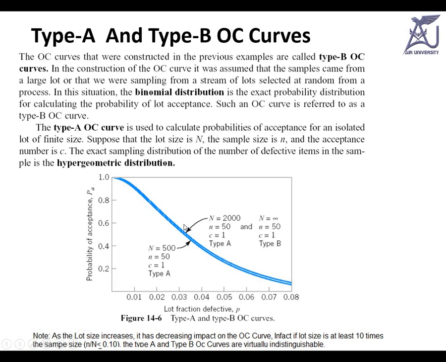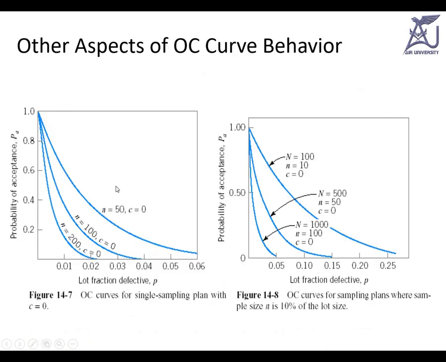Coming to these OC curves which have been shown, the behavior of the OC curve, how in fact OC curves are dependent upon the n and c. Here you can see we have kept c constant, c is equal to constant, but we are increasing the sample size n. So n is 50, 100, 200, and maybe over 400. Ultimately, when the sample size is increasing, you are coming to 100% inspection. So 100% inspection means your OC curve will be an ideal OC curve.